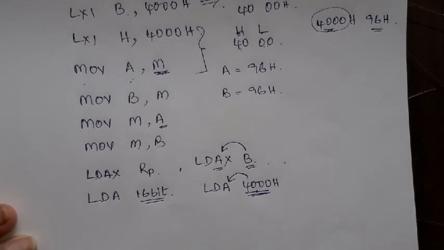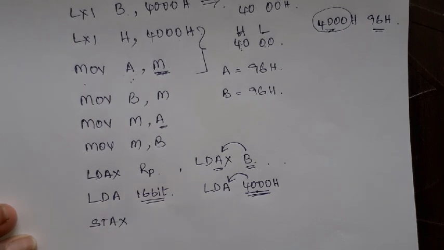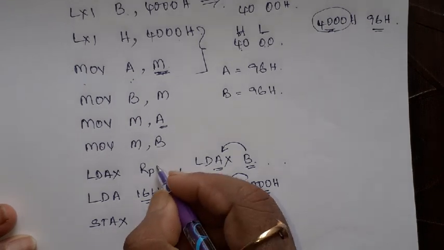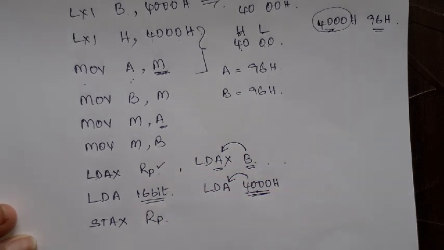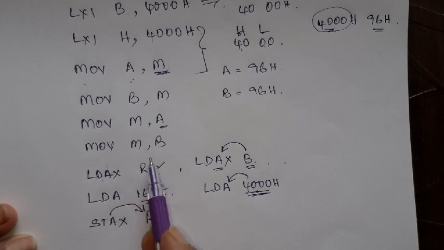Okay, so the reverse of this is also there. STAX, store accumulator register pair. Here it can be B or C or H. This is from the processor to the memory. In the loading case, it is from the memory to processor. The data is transferred from the memory to the processor. The accumulator is in the processor. Here it is from the processor to